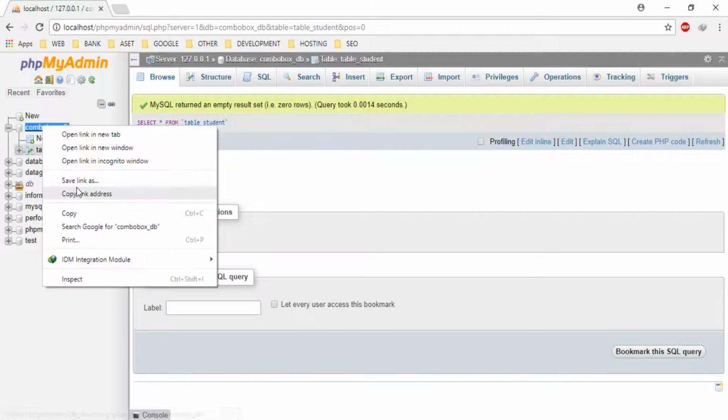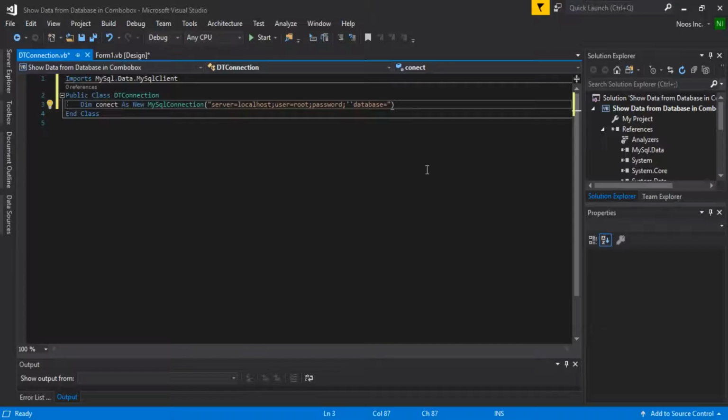Just copy it like this. Okay guys, Combobox_DB, and I'm sorry, this is not semicolon, passwords, and this is just semicolon like this. Okay,